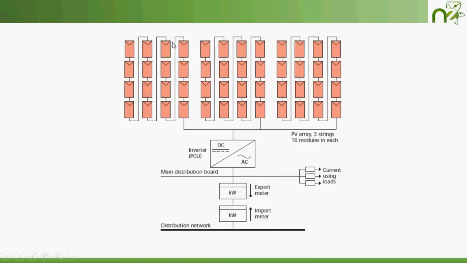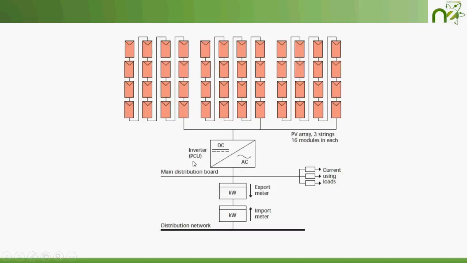Let's look at the more detailed version of solar PV systems, wherein you have three arrays which are connected in parallel. These are the three arrays which I am pointing out: first array, second array, third array. Each array consists of 16 modules, and these arrays are connected in parallel with the inverter, wherein it converts the